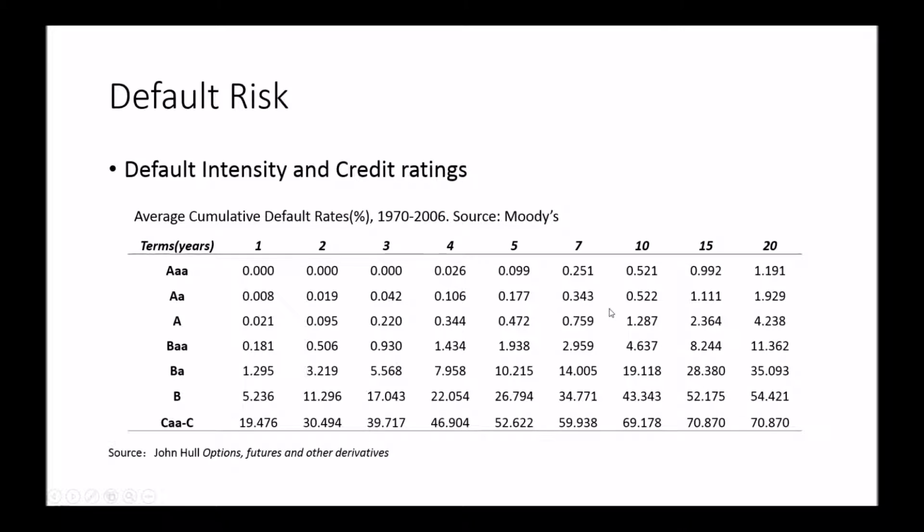Okay, now let's look at default risk. The default risk is the risk that the issuer of a bond or loan might not be able to meet its interest or principal payment. So here is a chart from Moody's to describe the average cumulative default rates for different rated bonds. For example, a B-rated bond might default with 5.2% possibility in year 1, but the possibility of the bond defaulting in 20 years will be as high as